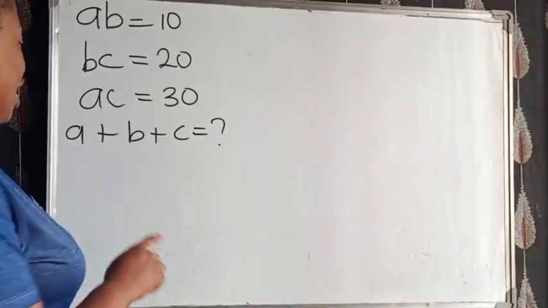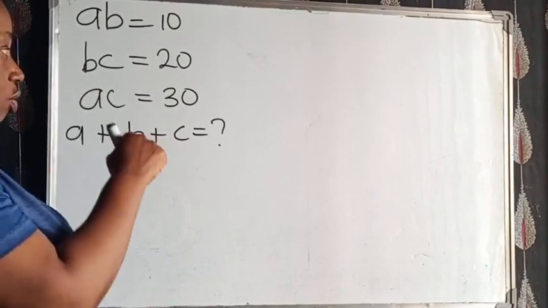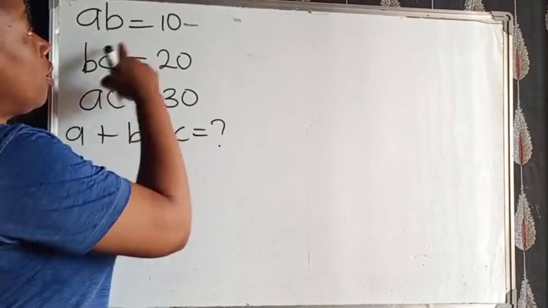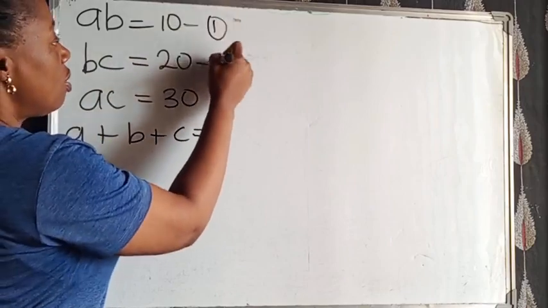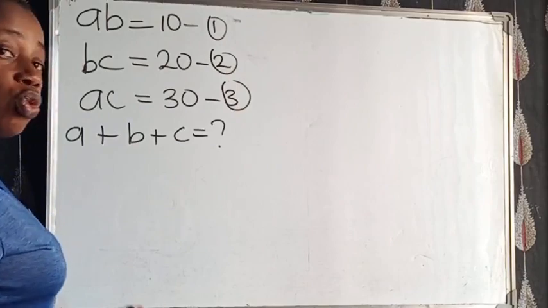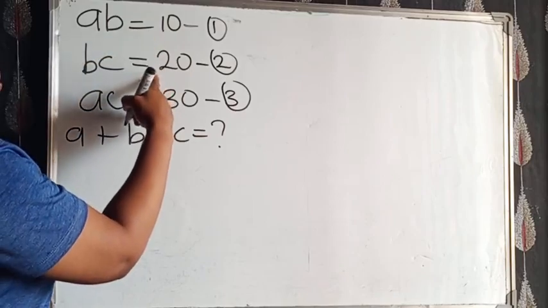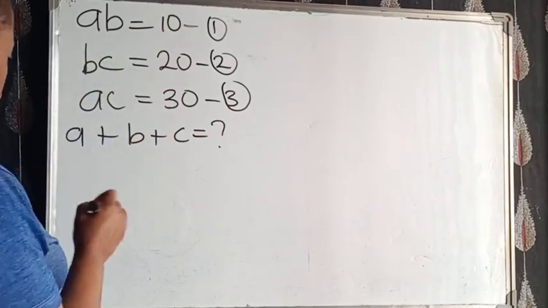Hi, we are to add A plus B plus C in this question. Let us call this equation 1, this equation 2, and this equation 3. Now, to continue, we are going to multiply equation 1 by equation 2 and by equation 3. So this is going to be